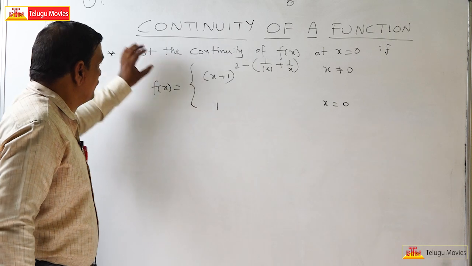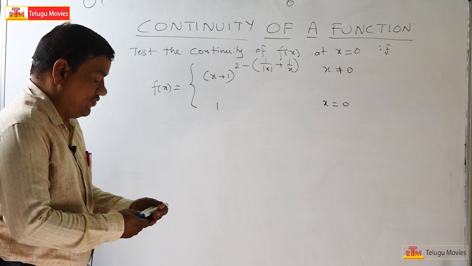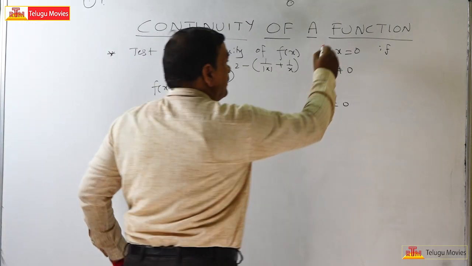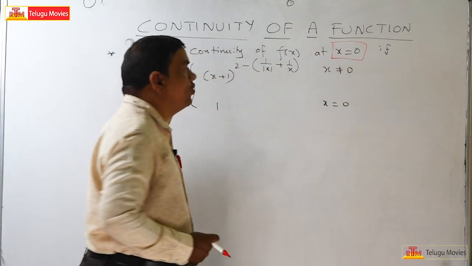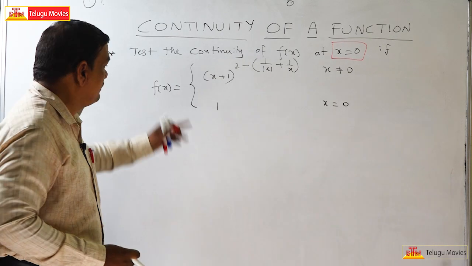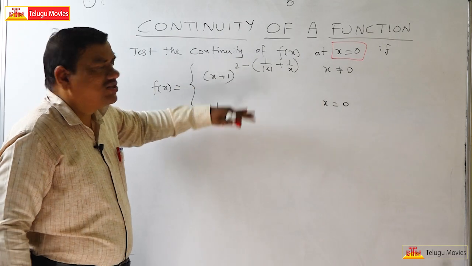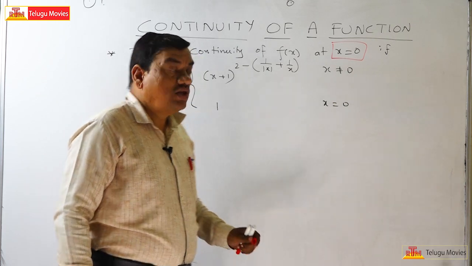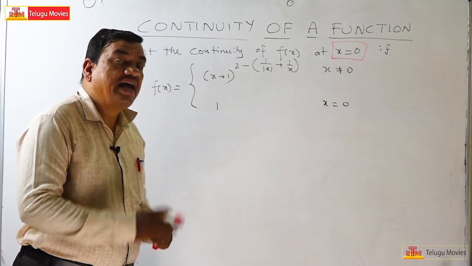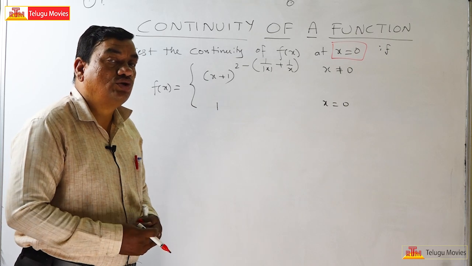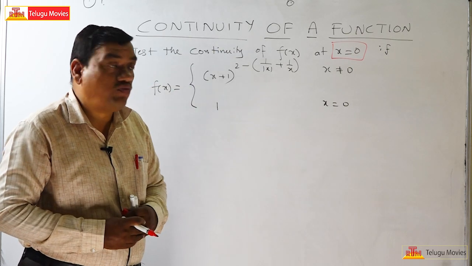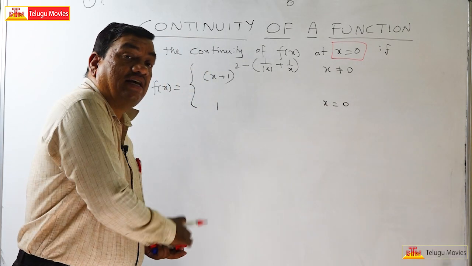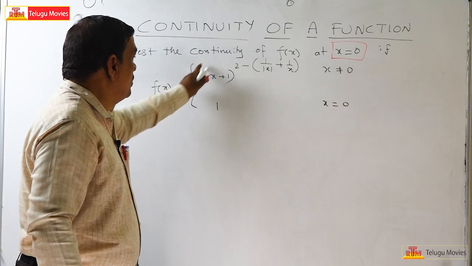See here, test the continuity of the function f of x at x is equal to 0. At x is equal to 0, we have to test the continuity of this function f of x. This is called a branchwise function. At x is equal to 0, the function f of x is defined as 1. That means at x is equal to 0, the function is taking the value 1. When x is not equal to 0, that means for x less than 0 and x greater than 0, the function is